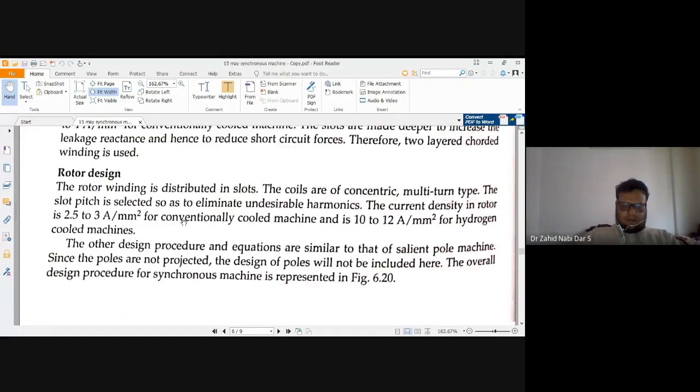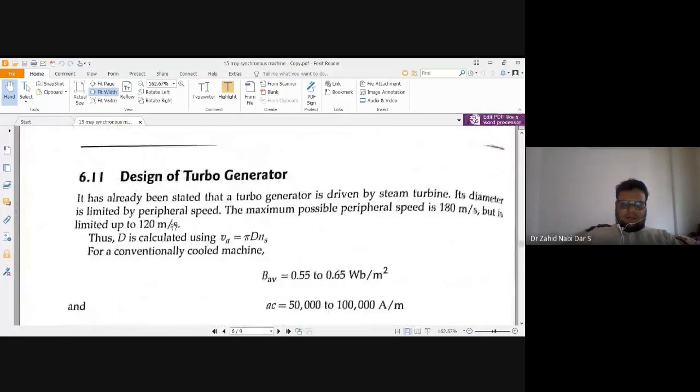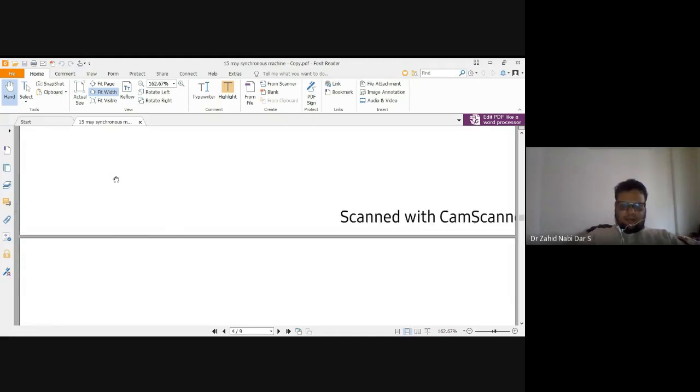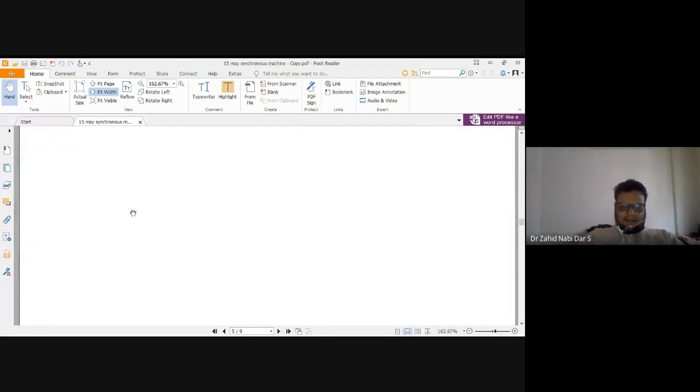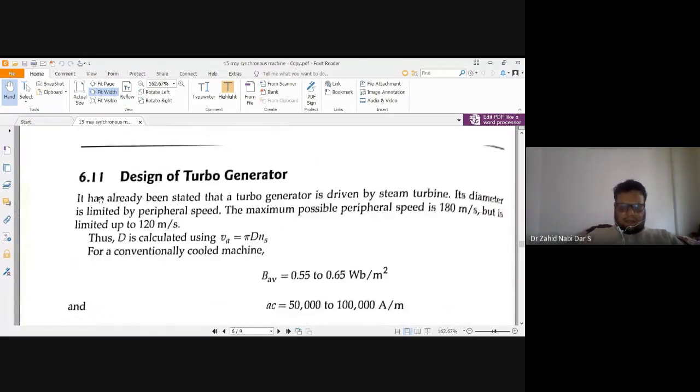This is the design of turbo generator. Now this is not from scanner, this is a good book from Pearson. It's a foreign book. I cannot recommend every book to you, it's not possible. So whatever good portions are there, I am giving you. These earlier two things I took from scanner. You see so many mistakes are there in scanner, so that's why you have to study properly.